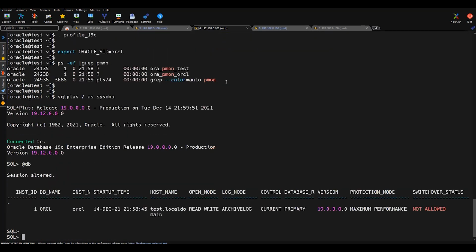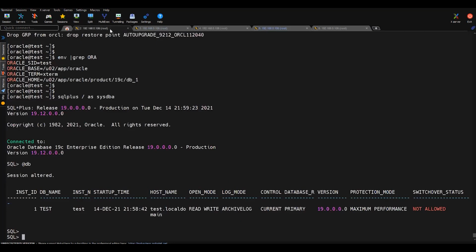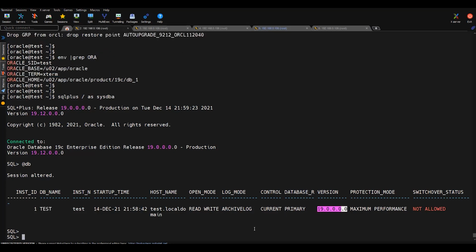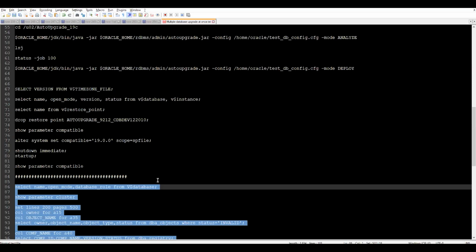You cannot upgrade two databases in parallel in the manual method, and you would need to put in more effort in case of two databases than using the manual way. Even in the database upgrade utility you cannot do two parallel upgrades. The best way to upgrade two databases in parallel is the AutoUpgrade method that we have seen so far. This is the 11G ORCL database, which is upgraded to 19C currently, and this is the 12C database previously, and now it is upgraded to 19C. So we have to verify some details.